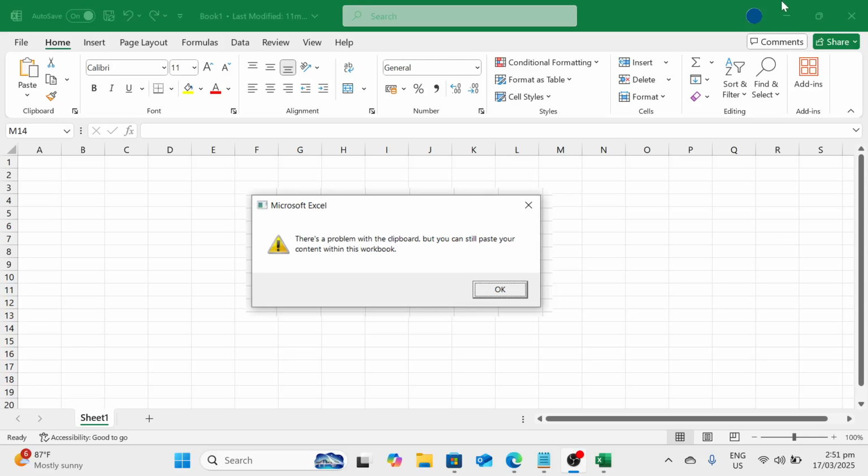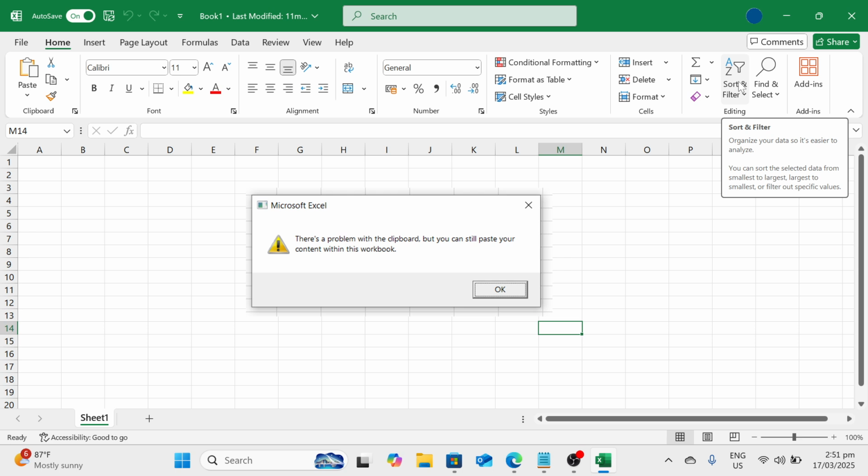Hey guys, in this video, we will be learning how to quickly fix clipboard error in Excel just by following 7 solutions. Okay, so the first thing to do is to quit all the instances of Excel, and you can